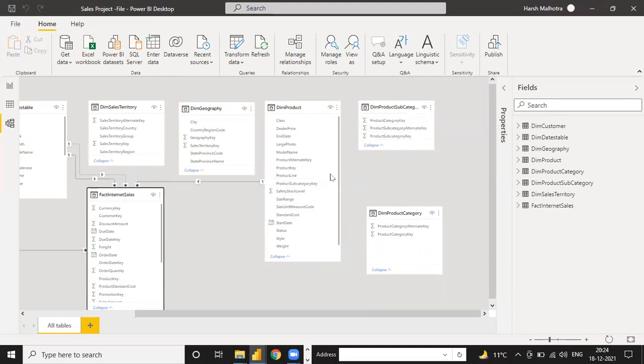So you can connect product subcategory to subcategory. It means this is the dim table and this is a fact table. Same way, for product subcategory, the product category is a dim table, but product subcategory is a fact table. It is because you have a bifurcation of your product.